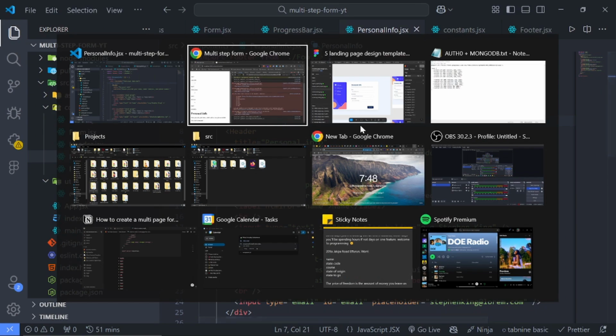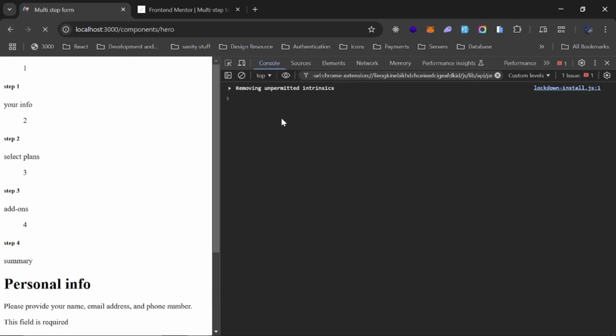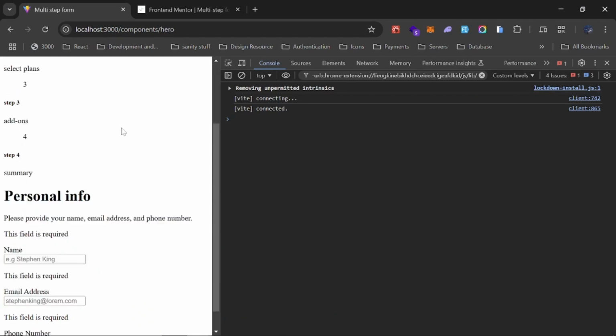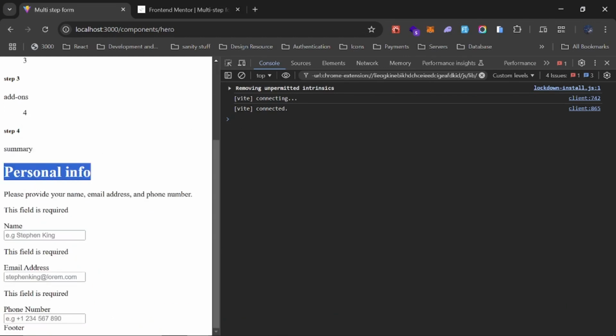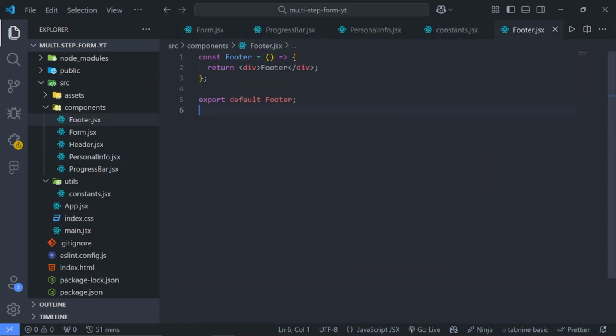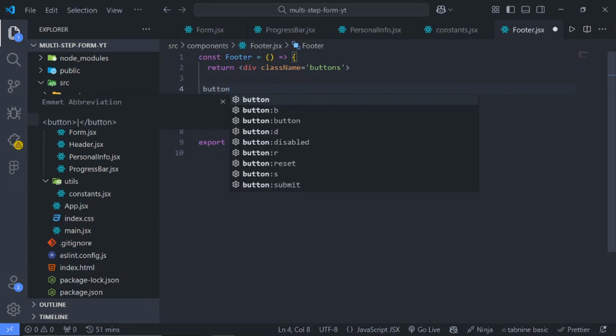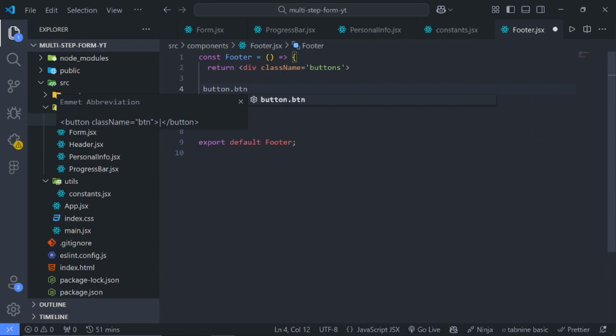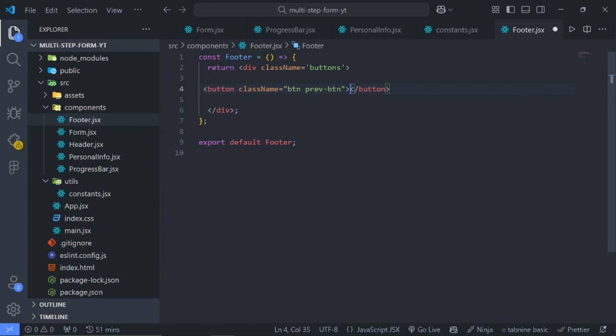Okay, so now if we check, we can refresh and this error will be gone. So you can see now we just have personal info. So for the footer, let's just still do something similar. So we'll go to the footer and we'll give this a class of buttons, because we need 2 buttons. And the first button will have a class name of btn. I also have another class again of previous button, and inside this we just say go back,